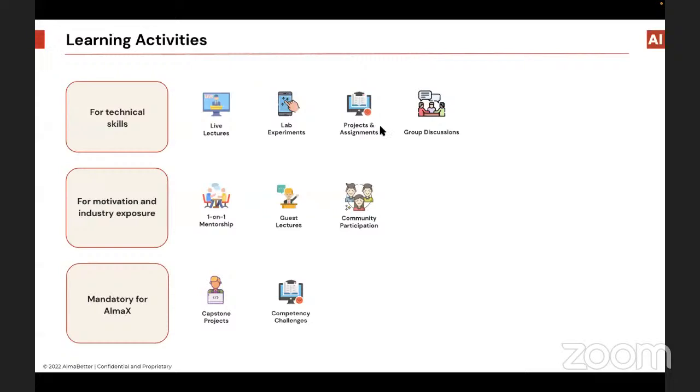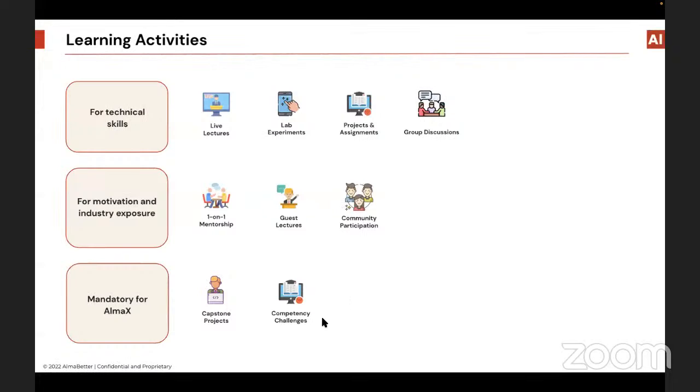particular field. You will have community participation, where all of you should be involved in certain hackathons or community projects, just to give you an idea of how this industry is changing and what kind of new problems this industry is facing. All right. And finally, all these things will be done in the 30 weeks of the program that we are providing here at AlmaBetter. And post that,